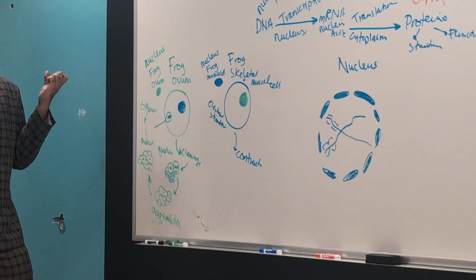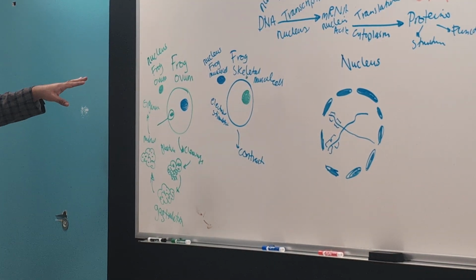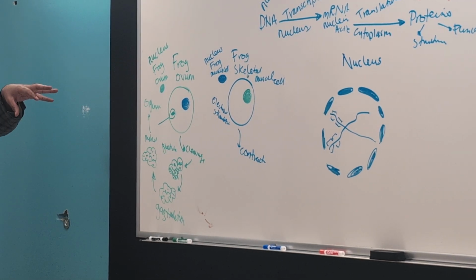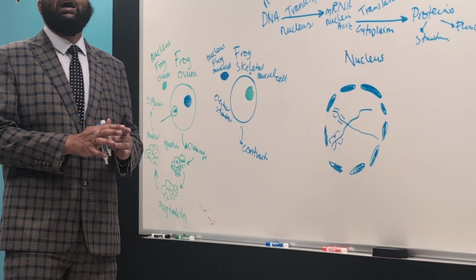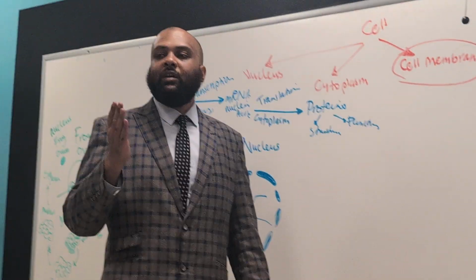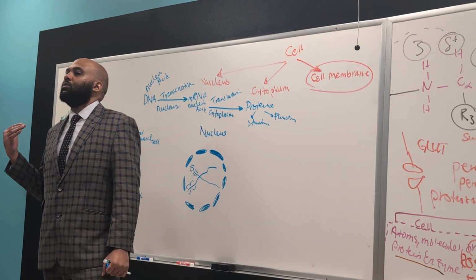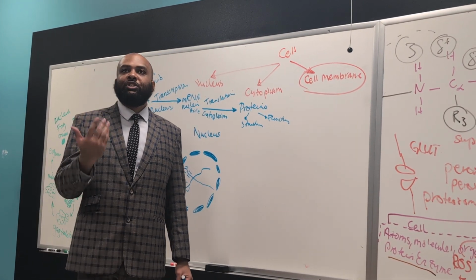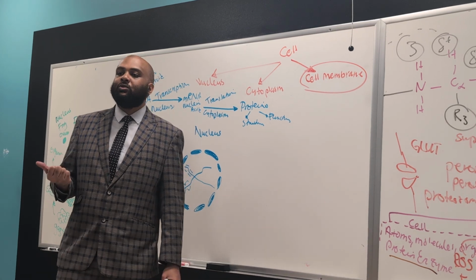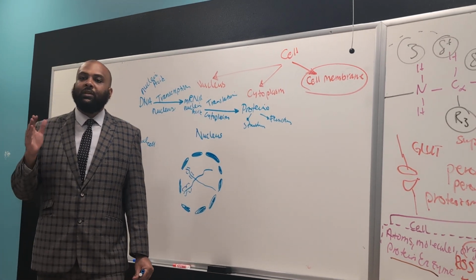So they said, how did that happen? Then they realized that the genome, the DNA, is the same everywhere. It's like you have $1,000. You give $1,000 to a police officer, you give $1,000 to an athlete, you give $1,000 to a chef, you give $1,000 to a makeup artist. The $1,000 is the same. But